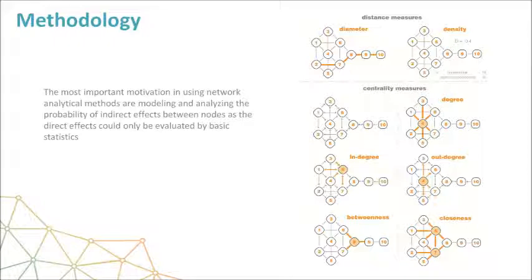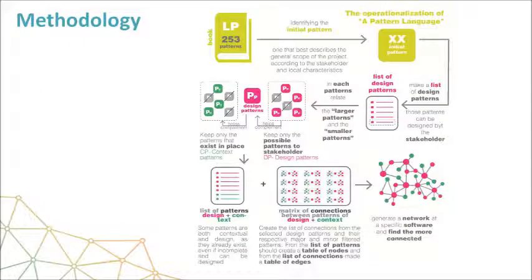The degree analysis considers the direction in which the connections are made and generates three types of ranking: degree, in degree, and out degree. This operationalization follows some instructions from the beginning of the book A Pattern Language. The authors indicate the user should choose an initial pattern that best describes the overall scope of the project in mind. In the sequence, we suggested a list of patterns based on this scope, but only those that describe something possible to achieve should be included.